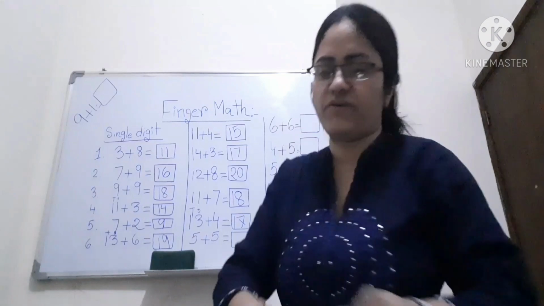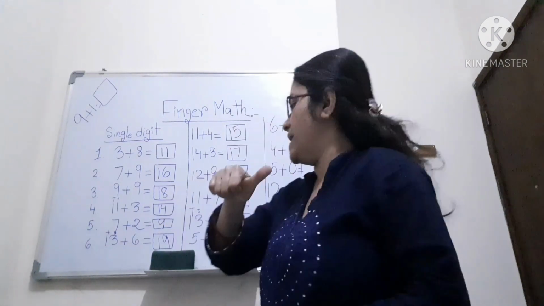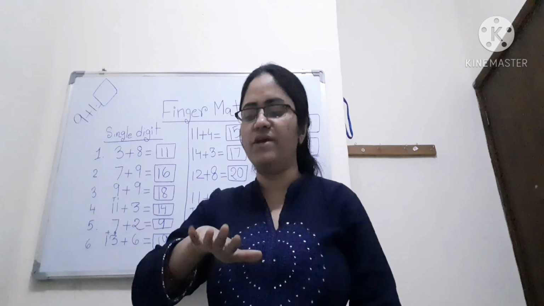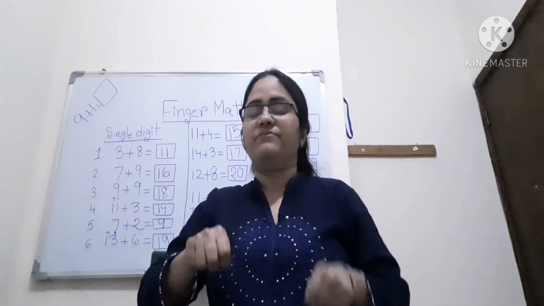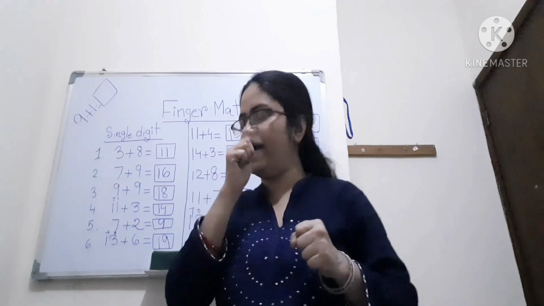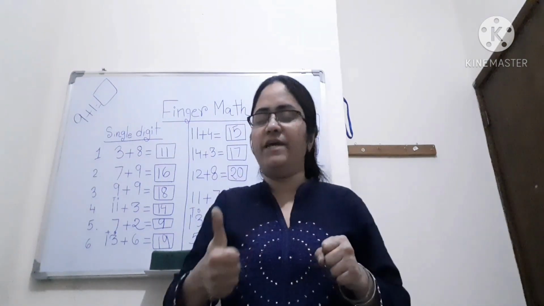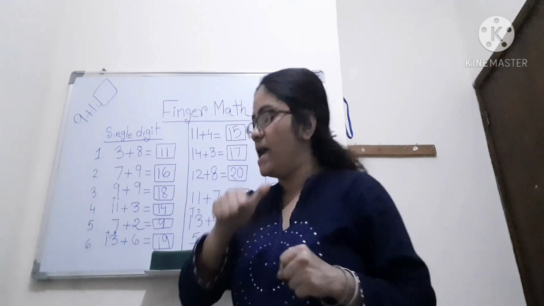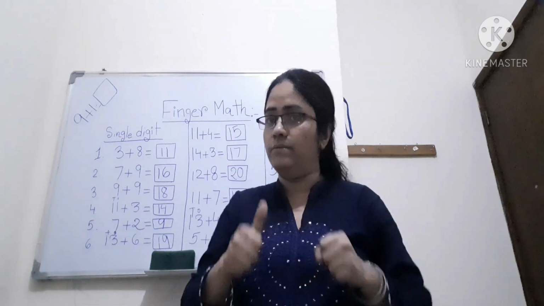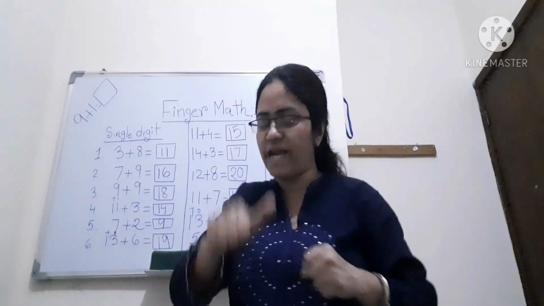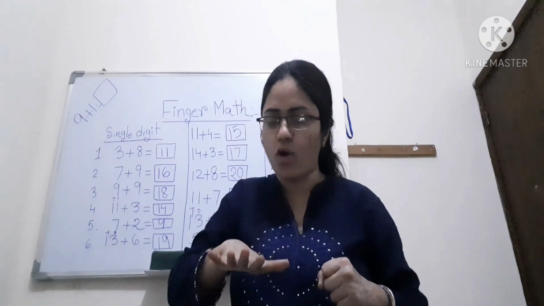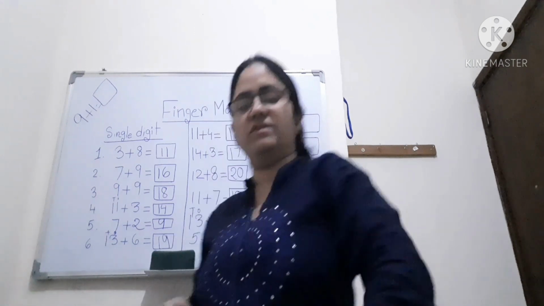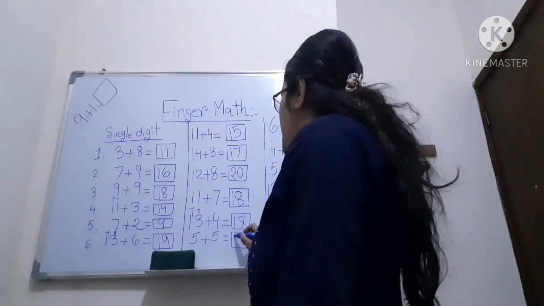Now 5 plus 5. I know this one. I have to count 5: 1, 2, 3, 4 and 5. I know the thumb is representing 5, so directly I am calculating this is 5. Again, I have to count another 5. So 1, 2, 3, 4. There is no more finger, so I have to close this one, and this left hand is representing number 10.